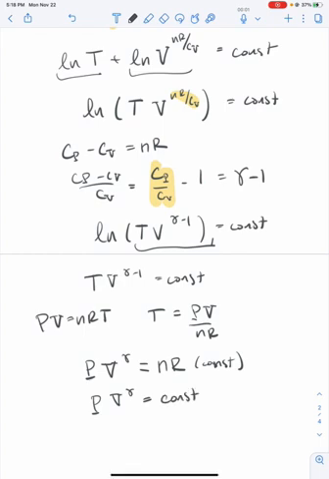Okay. So that's one way of doing this proof. I want to show you another way. I think this way that's in your book is easier, but I want to show you another way just to give you